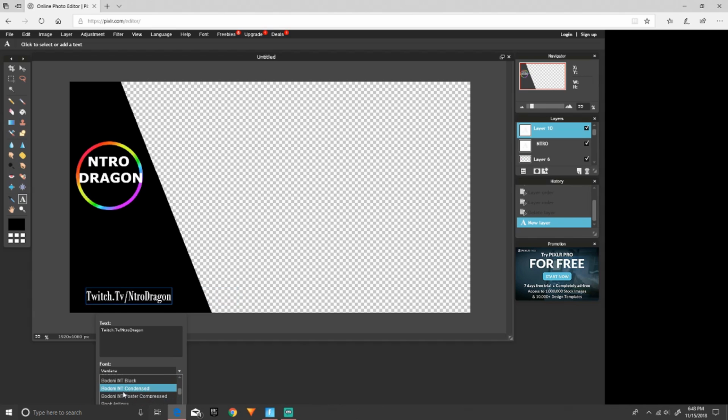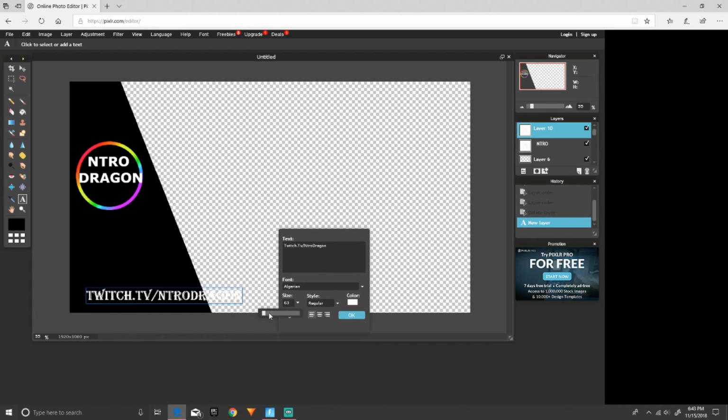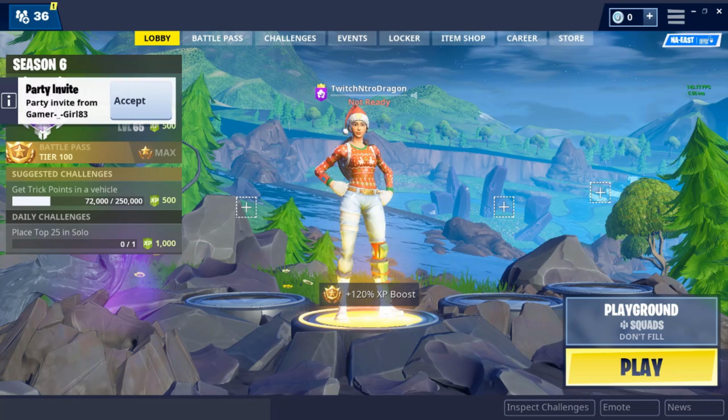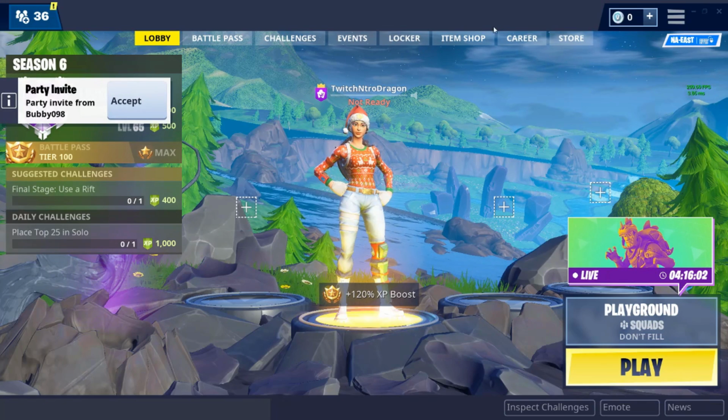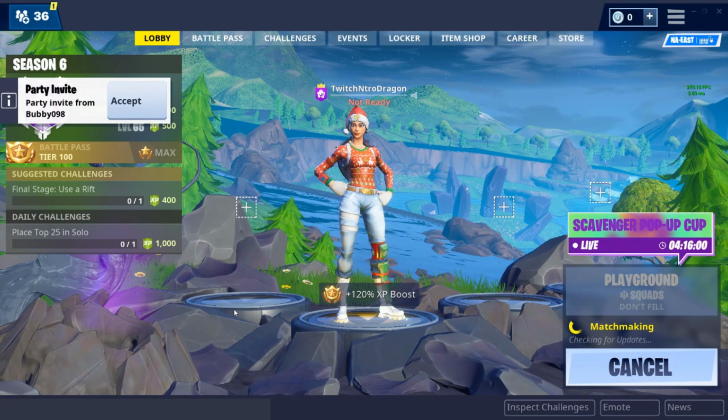And then choose your font, whatever you want to do, resize it, and then once you've done that, you can drag it around, move it where you want it, and then you go to your Fortnite, go to playground,